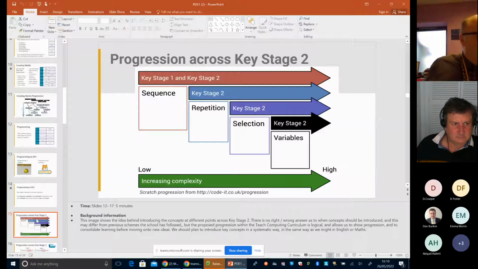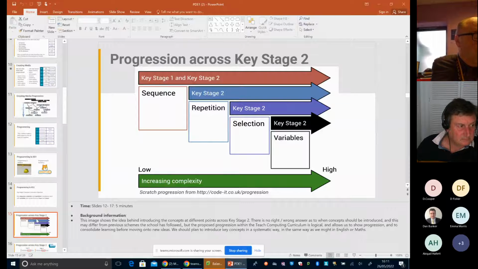Now, in Key Stage 1, we tend to use the BeeBots or programming associated with the little robots that you can use. But the idea is that you move mainly into Scratch for Key Stage 2. And using Scratch, you can go through all of the programming constructs that are needed when the children move on to Key Stage 3, the secondary stage. So we start with sequence, which is basically a list of instructions. So the algorithms really, if we're introducing the terminology at that point.